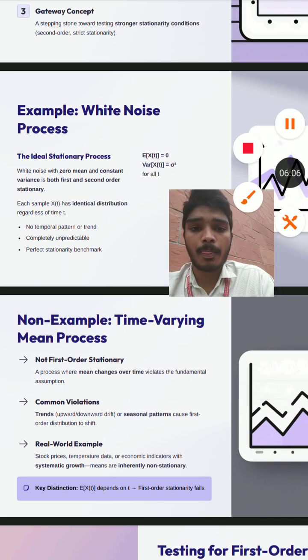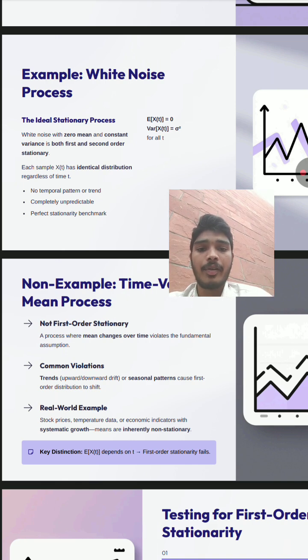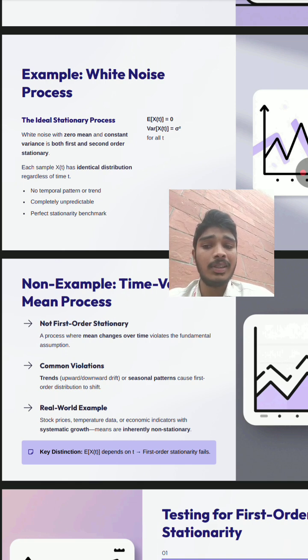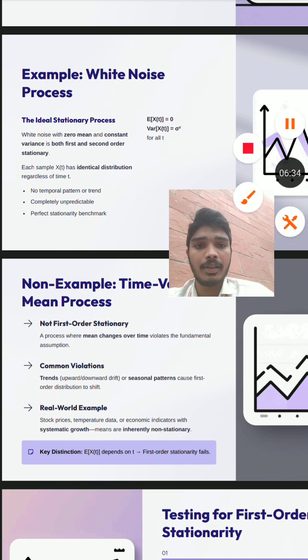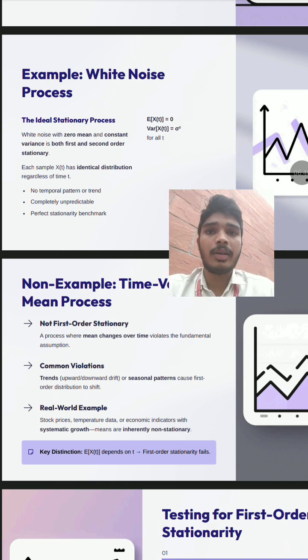Okay, an example for white noise is a simple example of a first order stationary process, where each sample is drawn from a distribution with a constant mean and variance. For instance, a random binary wave that outputs 0 or 1 with equal probability is first order stationary because its mean is always 0.5. Another example is the process where x of t is a constant y that is chosen randomly, a process that randomly alternates between 0 and 1. The mean is always 0.5 and the variance is constant, so the statistical properties do not change over time.